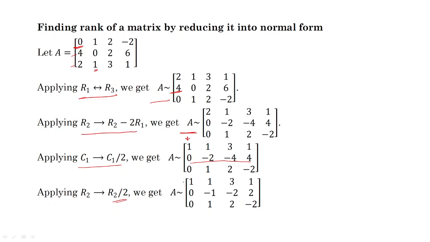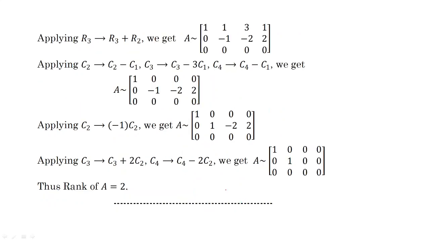Now look at this. This element is 1. This is 0 0. So this is perfect. Now we will try to make this element 0. So for this you can add R3 with R2 because it is 1 and this is minus 1. So if you add, you will get 0 here. Look at this. If you apply R3 replaced by R3 plus R2, this is 2 minus 2, it means this will again be 0. This is minus 2, it will also be 0. So after applying R3 replaced by R3 plus R2, this last row will be completely 0.